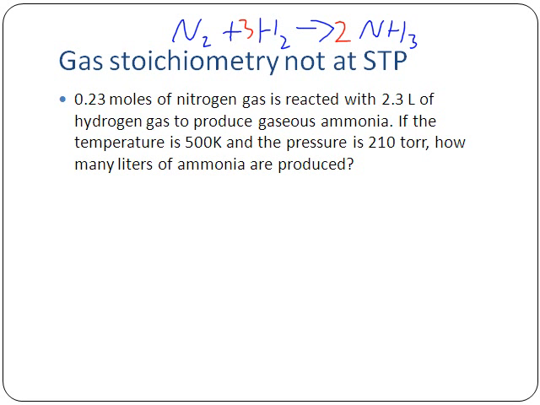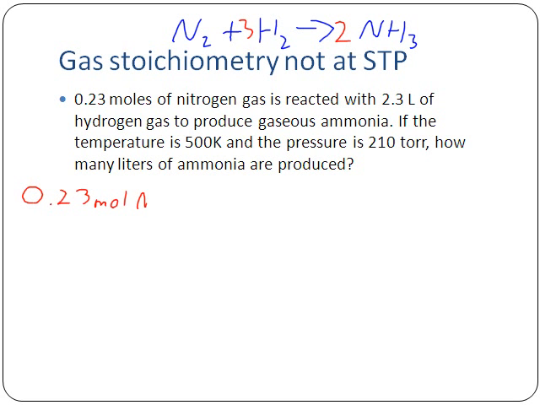So we have 0.23 moles of nitrogen gas reacting with 2.3 liters of hydrogen to produce gaseous ammonia. And so we don't know which one's going to limit the reaction. First step is to figure out the limiting reagent. So let's start off here by finding out which one's going to limit this. And so we start off with 0.23 moles